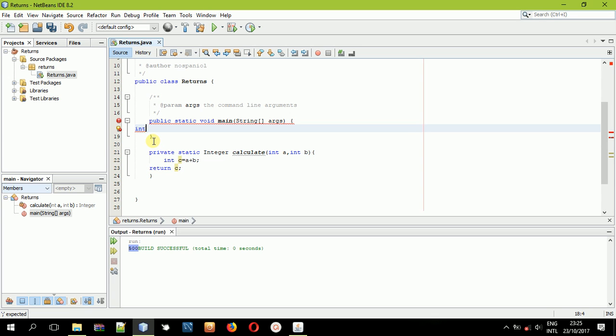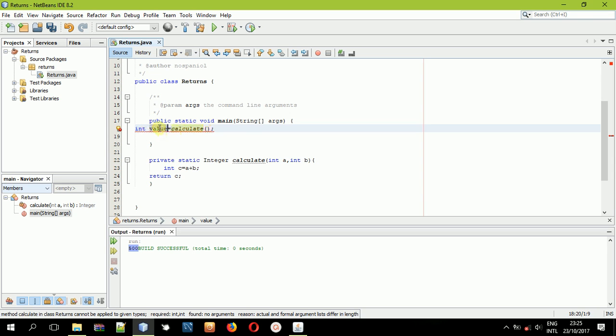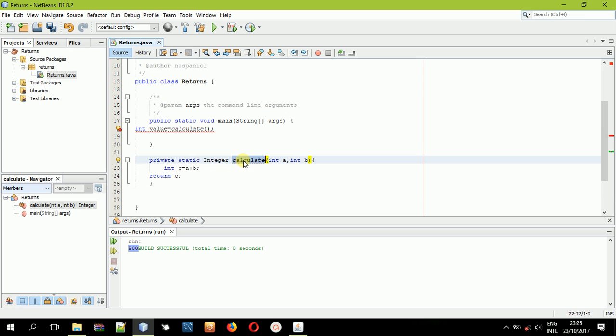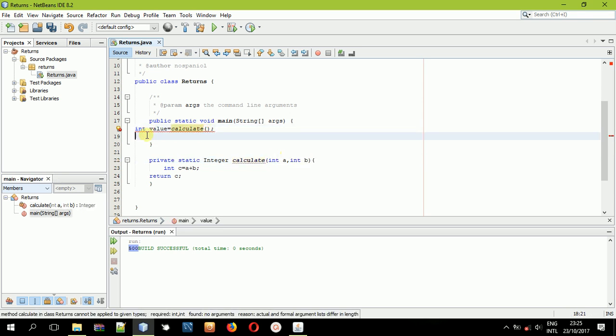Now we want to see what will be returned here. The best way to see that will be like saying integer value is equals to calculate. Now this one is different from what we had done before. You want integer value to be the return type integer that will be called calculate. But remember, this calculate requires two parameters for it to operate. And then we want the value you get to be printed out. So now when you print it, value,